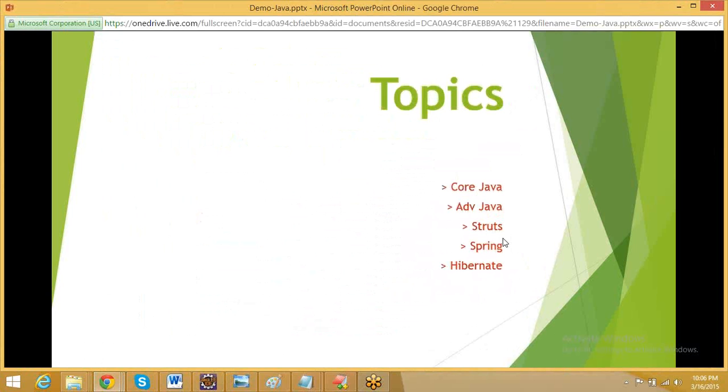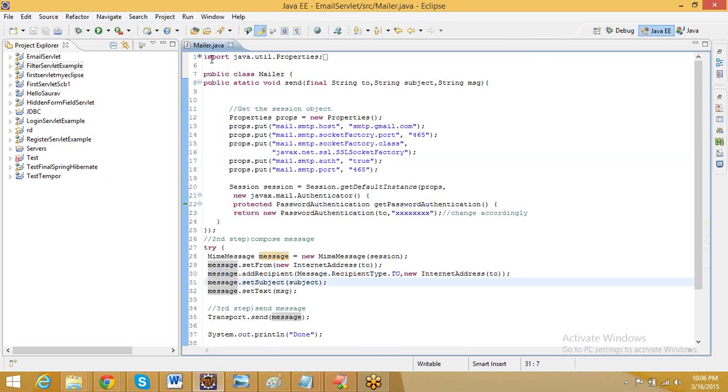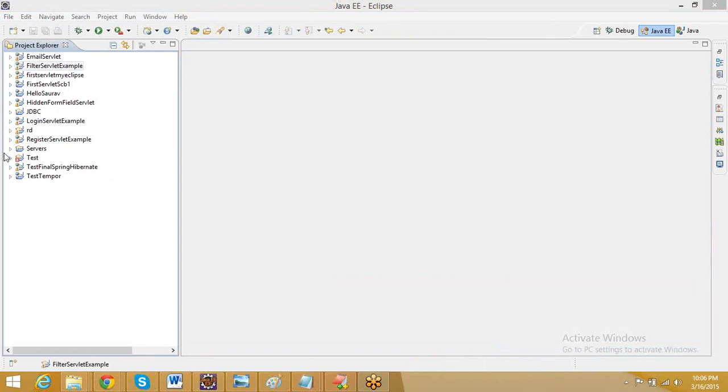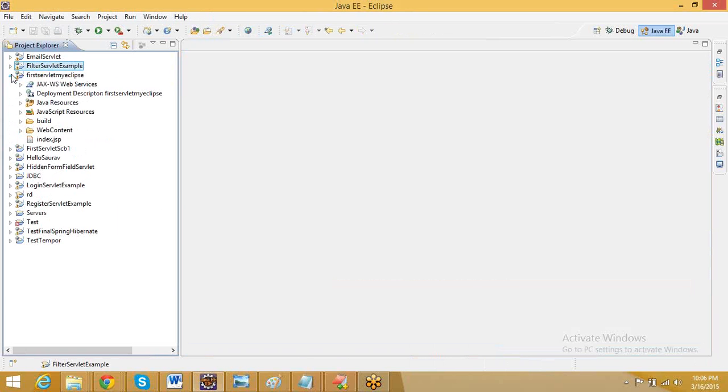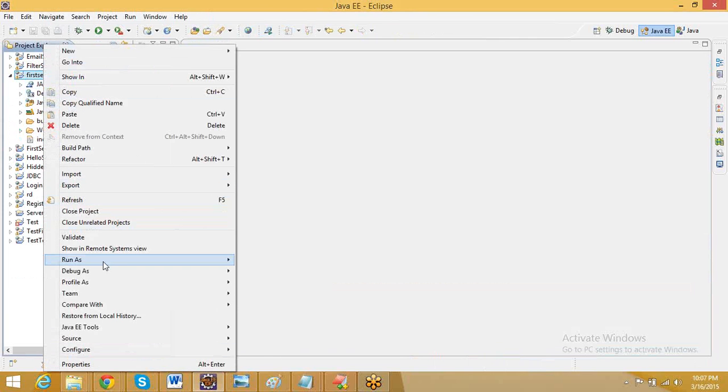See, the Ant you are talking about is a tool to make a build. It's a build tool we can say. That will not be covered in this session. Suppose see here, these are some of the examples I have right now. In this, I will make the build like this. Okay, it's a general way of making it.